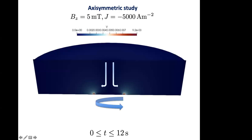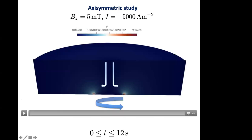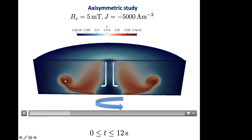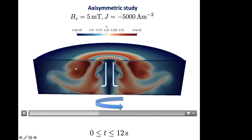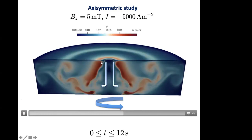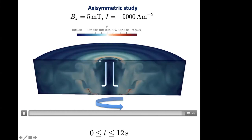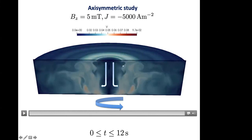And what happens for the velocity? So for the velocity, we have a blender which is really efficient at the bottom that will in fact create a jet which will be downwards, and then we will see that we will have kind of plumes of the velocity. So that is the magnitude of the velocity, and you see that you have a conical form here, and you have some shear instability which forms some Kelvin-Helmholtz rolls, and then the velocity is in fact always important near the source of the motion. All right,